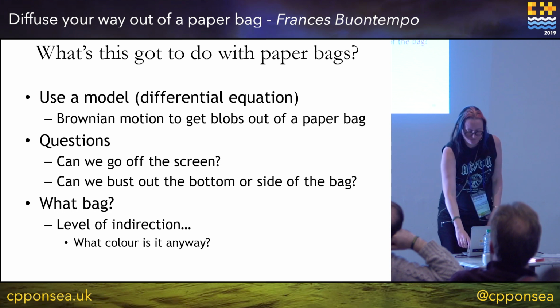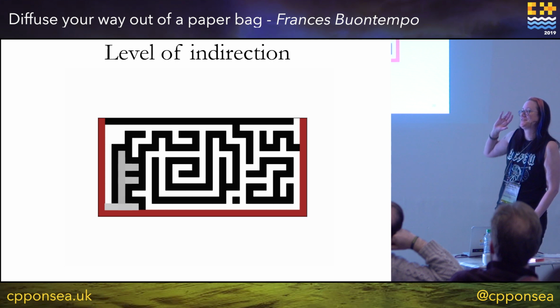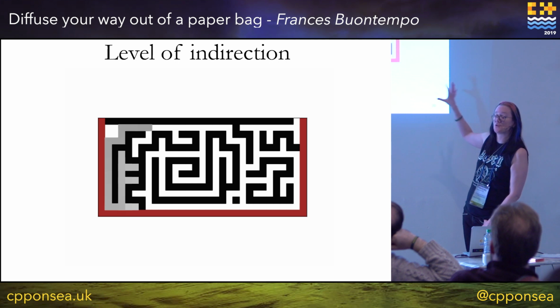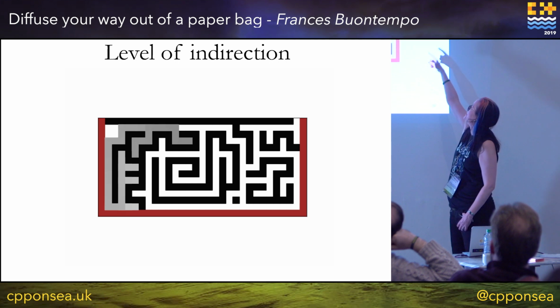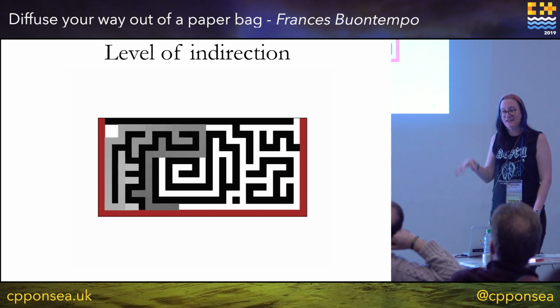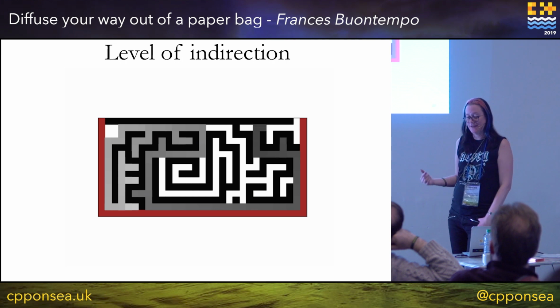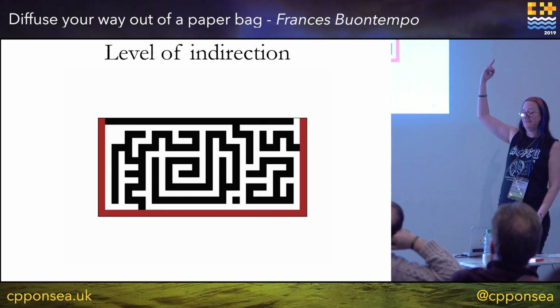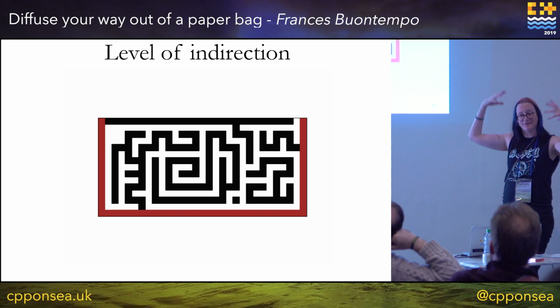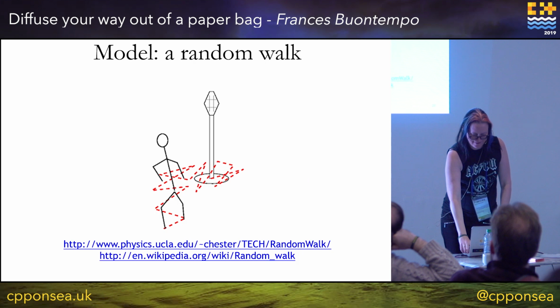So basically, anything like this, you just need to think slightly laterally. I mean, you could put a maze in a bag. So the bag is the brown rectangle around the edge. If I put a maze inside it, then I can do a maze-solving algorithm, and eventually out of a paper bag. So you just need to start thinking laterally, get your imaginations going.